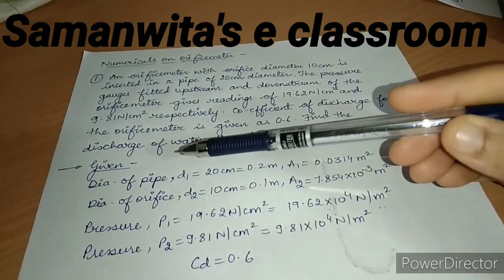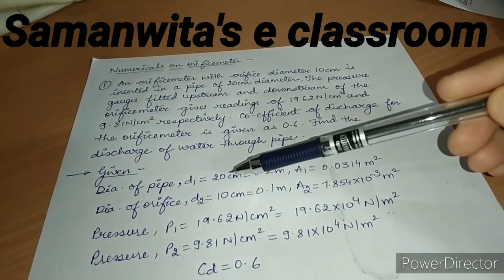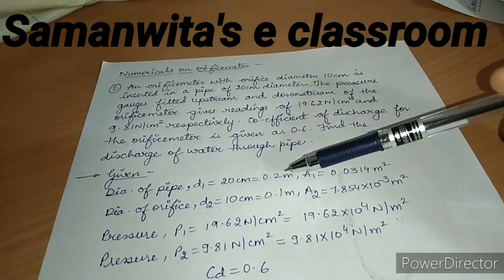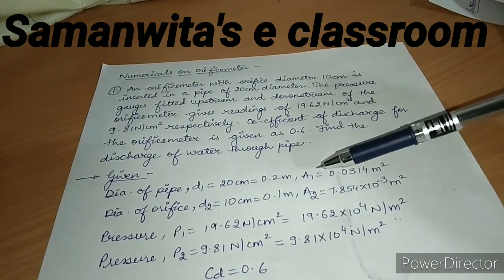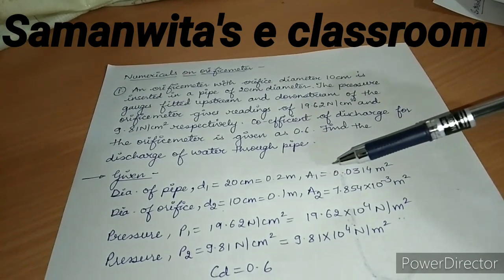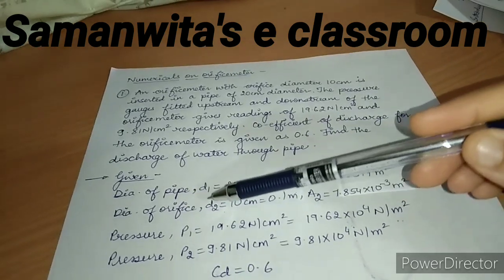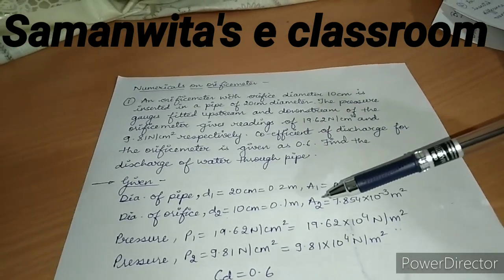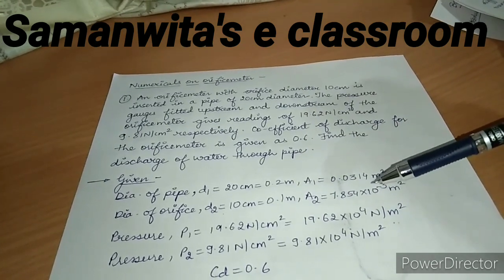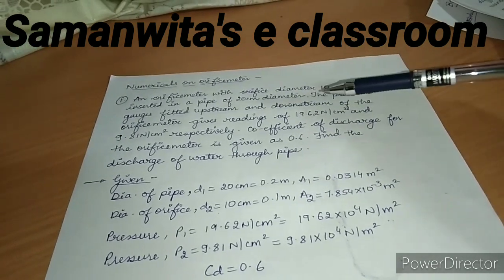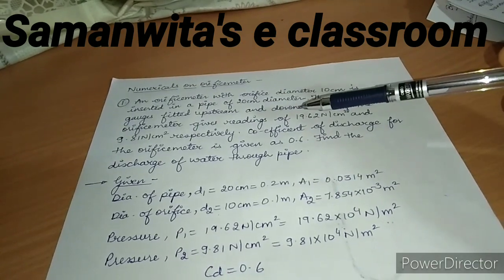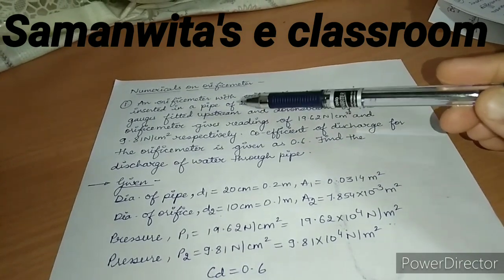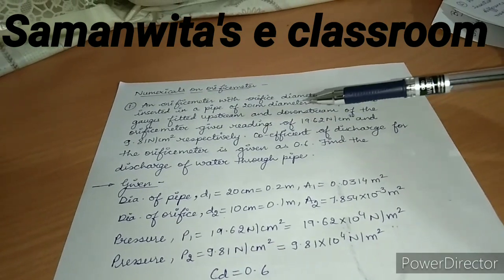So what is given is the diameter of the pipe D1, which is 20 centimeter. I have converted it into meter, 0.2 meter, and the area is calculated as pi by 4 D1 square. Diameter of orifice D2 is given as 10 centimeter, which is 0.1 meter, and the area A2 is pi by 4 D2 square. If you read carefully, the pressure upstream and downstream is given. Upstream means at section 1,